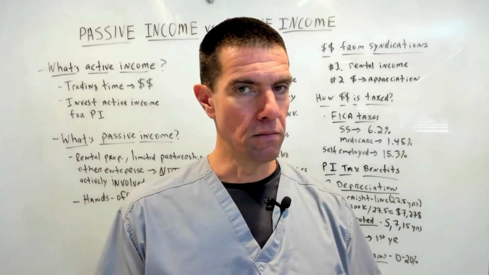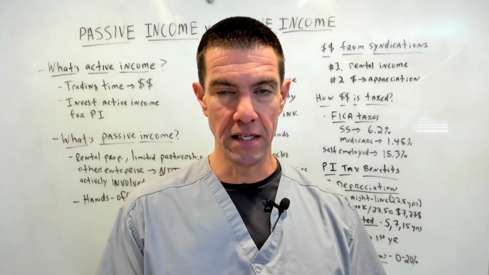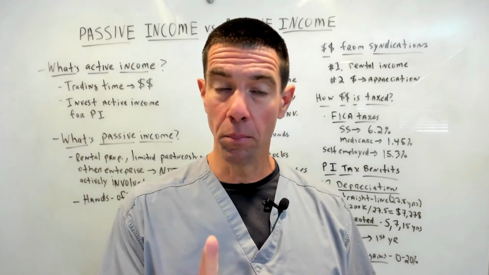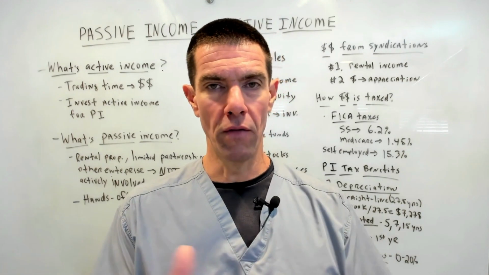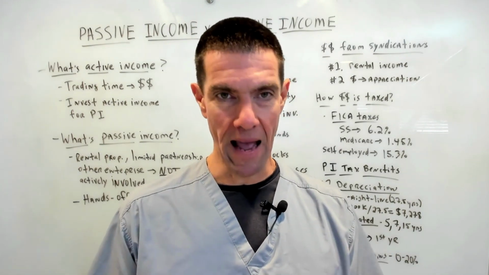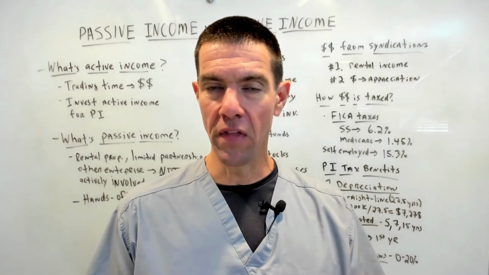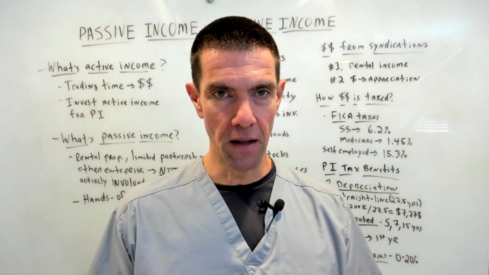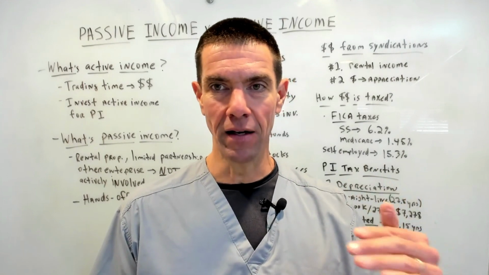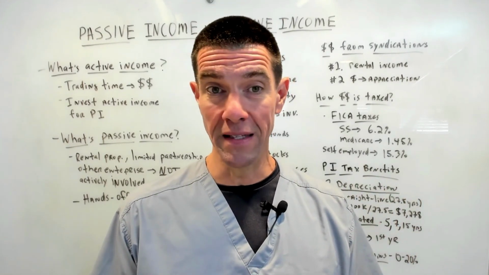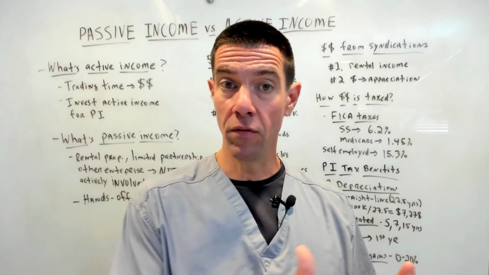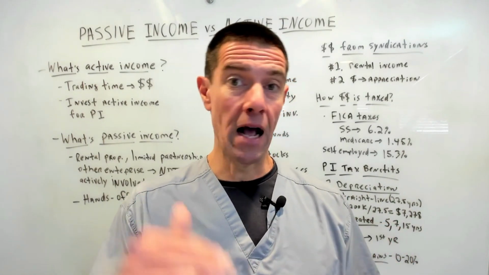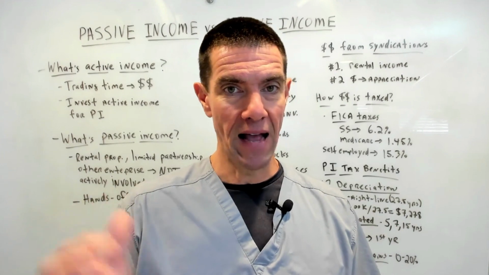So again, don't take this as financial advice, don't take this as tax advice, but I do want to go over with you how, and this is really important, how both of these types of income are taxed. And hopefully it'll get you to start thinking about, wait a minute, why am I only operating with active income? Because again, it's the highest tax income there is, and actually falls within 7 tax brackets, ranging anywhere from 10% in the lowest tax bracket, and currently now 37% in the highest tax bracket.